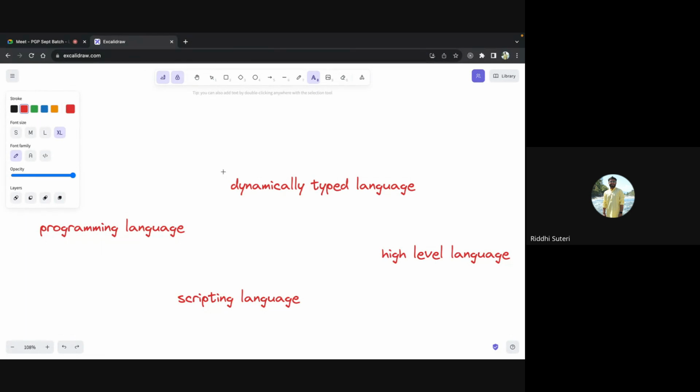We need to understand that JavaScript is such a strong language that it can be considered, as someone was saying, the power of the web, or the spine of the web, because it is used in front end and also in back end, and it is used at a very intensive scale. You cannot complete web development unless you know JavaScript to the fullest. So knowing JavaScript is a must, right?